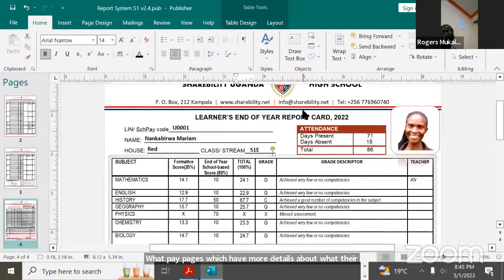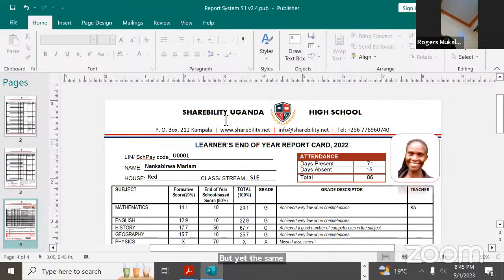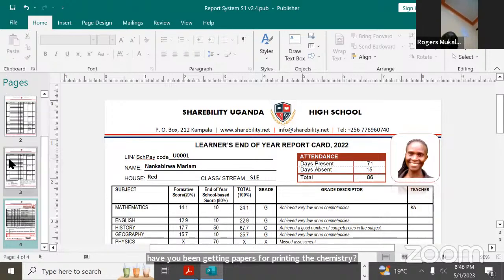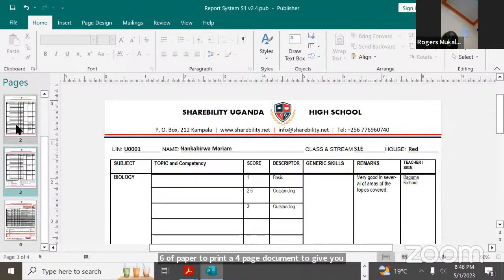Schools are giving excuses of paper, saying, hey, we don't have stationery, that's why we want to print one page. But yet they are the same schools which are printing end of term exams, or the curriculum. Chemistry paper one alone is 15 pages of 50 objectives. How have you been getting paper for printing the chemistry paper 1s, paper 2s, paper 3s, but you can't get only 2 sheets of paper to print a 4-page document to give your learners as a report,